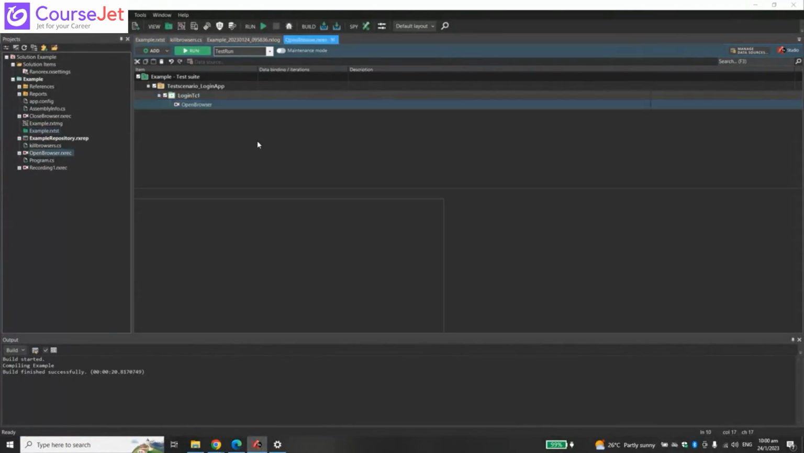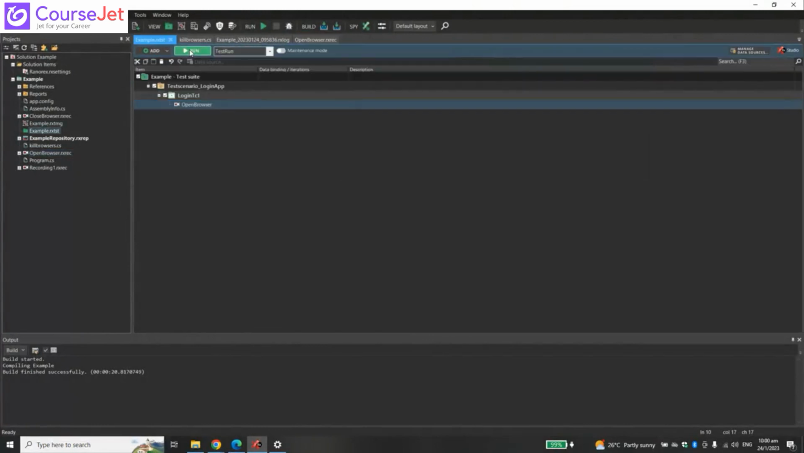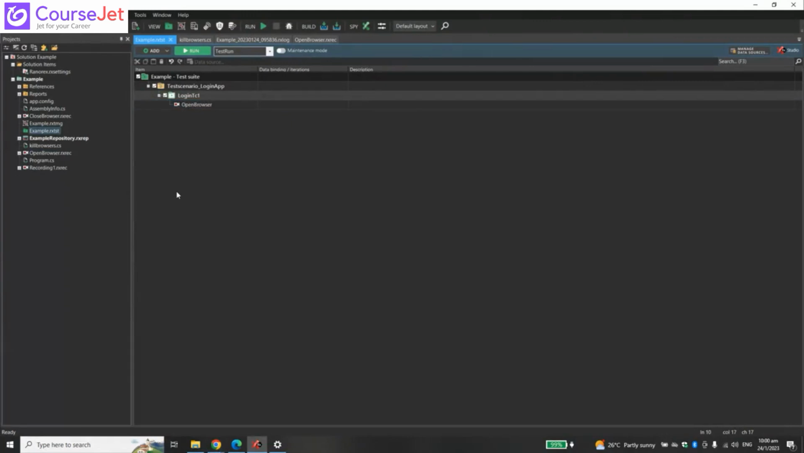The open browser only has the open browser function here. It just opens the URL. I will come to this part as well. You have not added a tear down also in the test case. Yeah, it doesn't matter. Okay, I just wanted to let you know